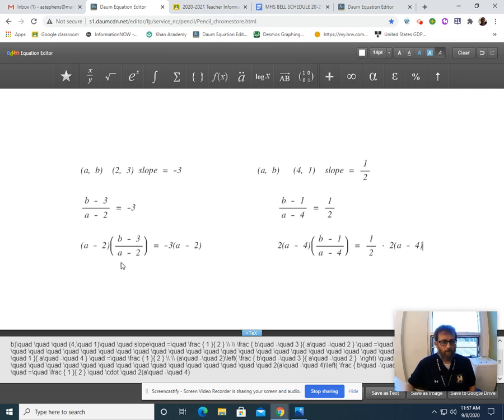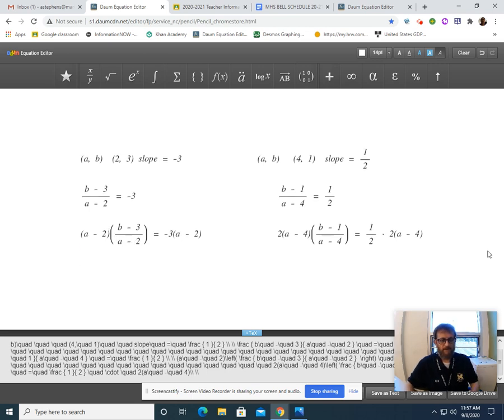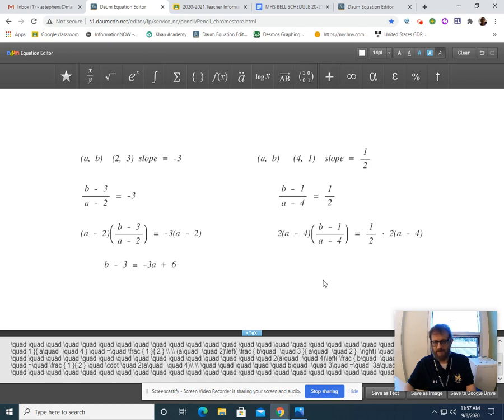Now go back to this one. Over here, when I multiply both sides by (a minus 2), the a minus 2 and the a minus 2 cancel, and I'm simply left with b minus 3. Over here, I use the distributive property: negative 3a plus 6. In this equation, over on this side, again, it's a separate equation. When I multiply it, the a minus 4's cancel, and I'm left with 2